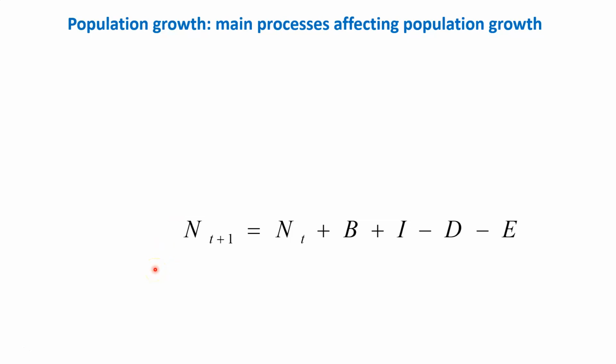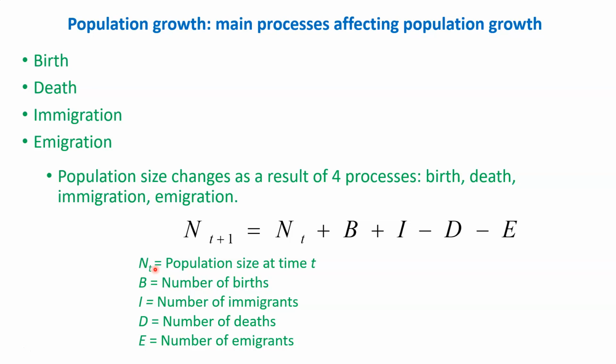So what kind of critical processes affect population growth, right? Birth, death, immigration, emigration, right? So you know the meaning of these terms already, right? And then how do we combine these processes? All of those are population scale processes. How do you combine all of them to understand how population changes with respect to these parameters,